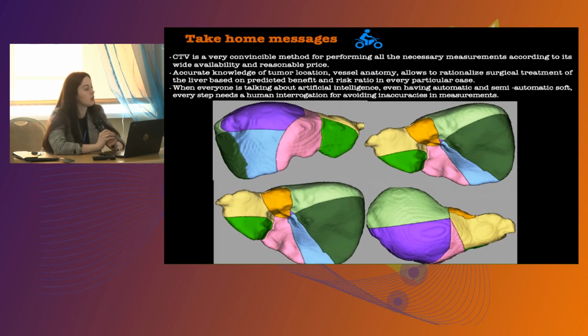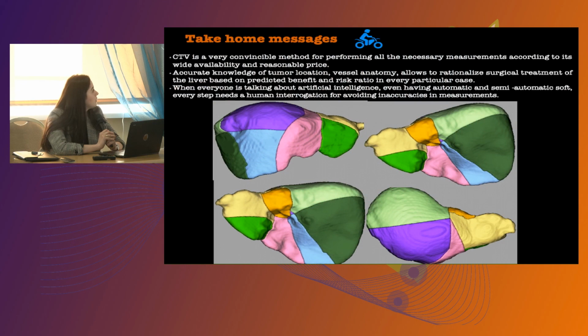Take-home messages. Computer tomography volumetry is a very convincing method for performing all the necessary measurements, according to its availability and reasonable price. Accurate knowledge of tumor location and vessel anatomy allows us to rationalize surgical treatment of the liver based on predicted benefit and risk ratio in every particular case. And nowadays, when everyone is talking about artificial intelligence, even by having automatic and saving automatic software,